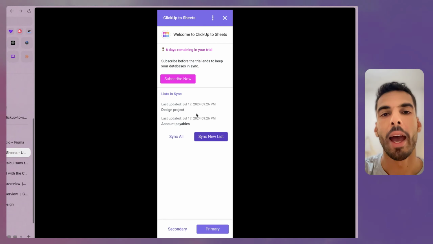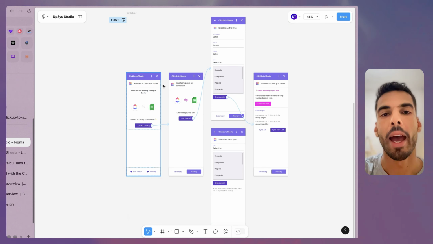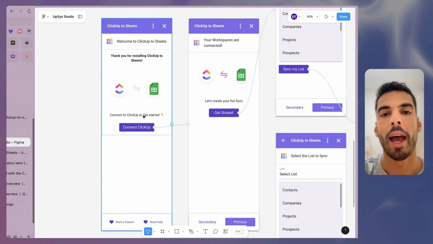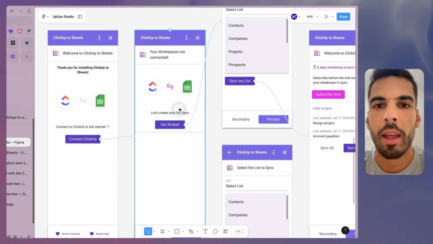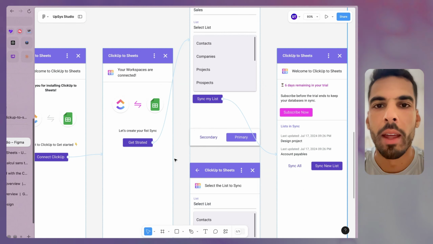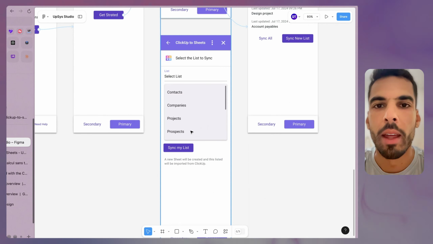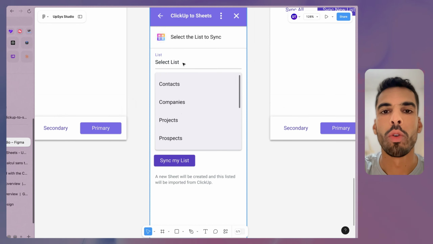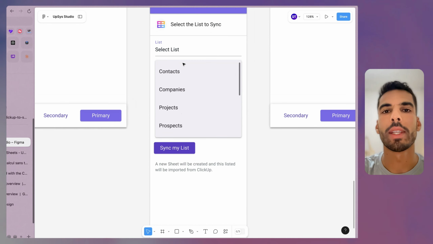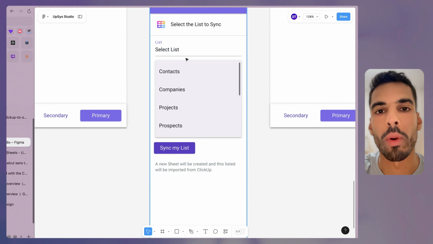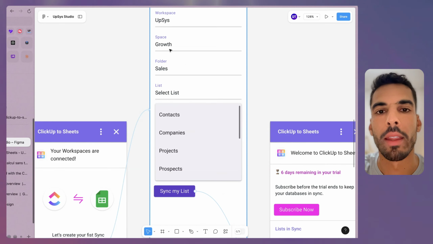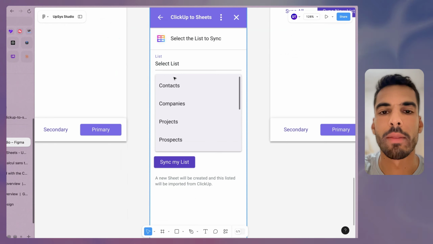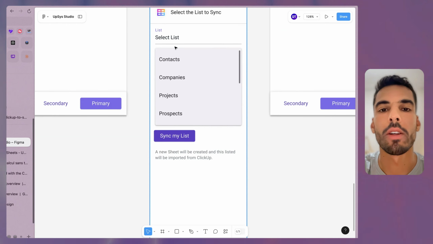It's a very short episode this time, but this is just to show you my progress and how I've been moving forward so far. It took me maybe like a day to design all of this, like to come up with a library to design it, and then to create each of the cards and everything to make sure it's consistent. One variation I've done for this screen is that potentially you will be able to select your workspace first, and once you've selected your workspace, it'll show you all the lists in your workspace instead of you selecting the space and folder. And I think this is better in terms of user experience, because you'll just be able to